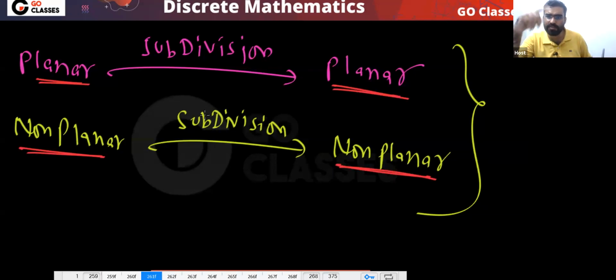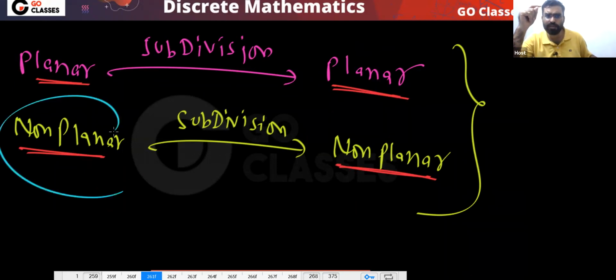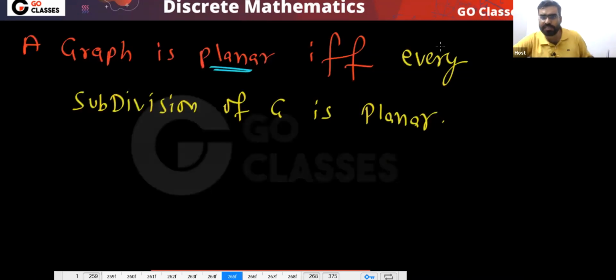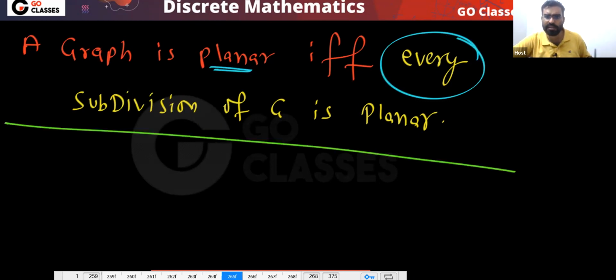And if a graph is planar, then subdivision will be planar. If a graph is non-planar, then subdivision will be non-planar. Then I can say that a graph is planar if and only if every subdivision is planar. The same thing I can say like this: a graph is non-planar